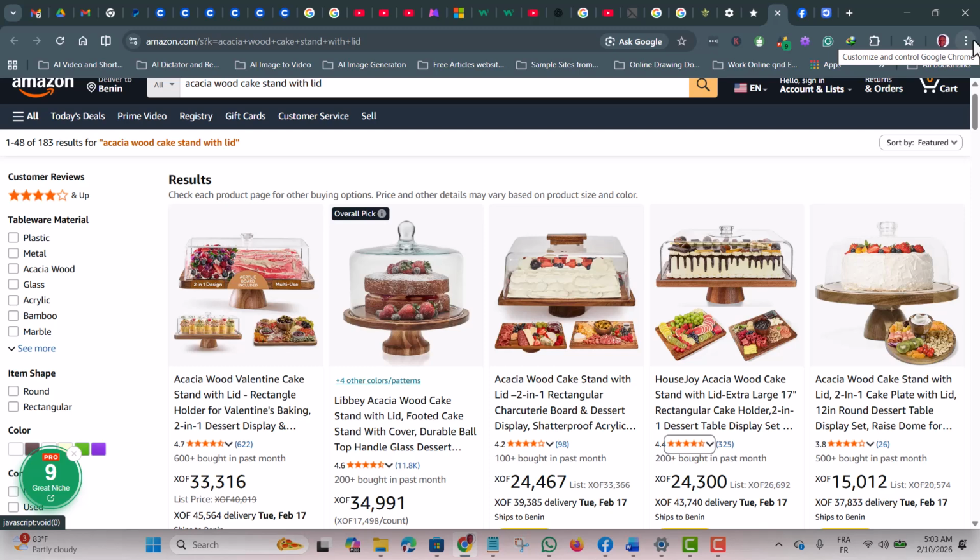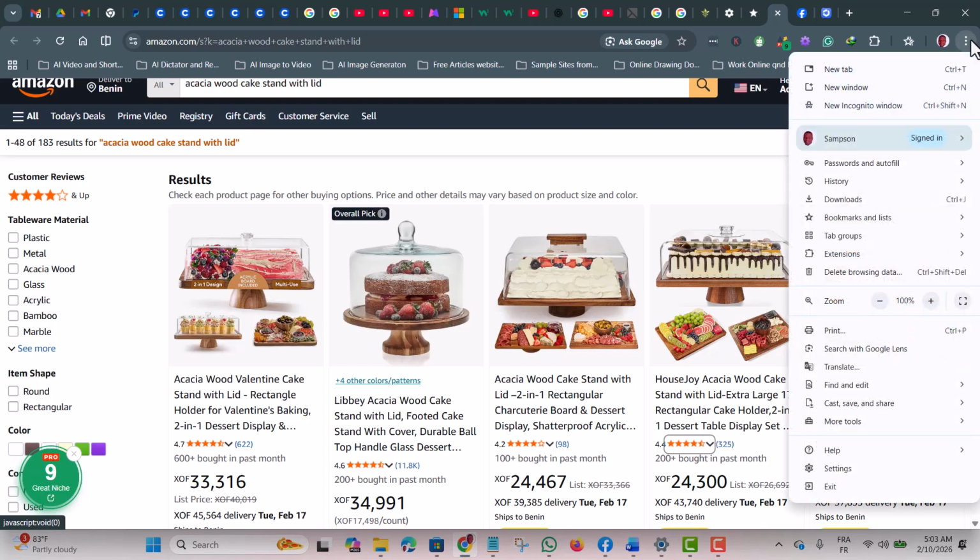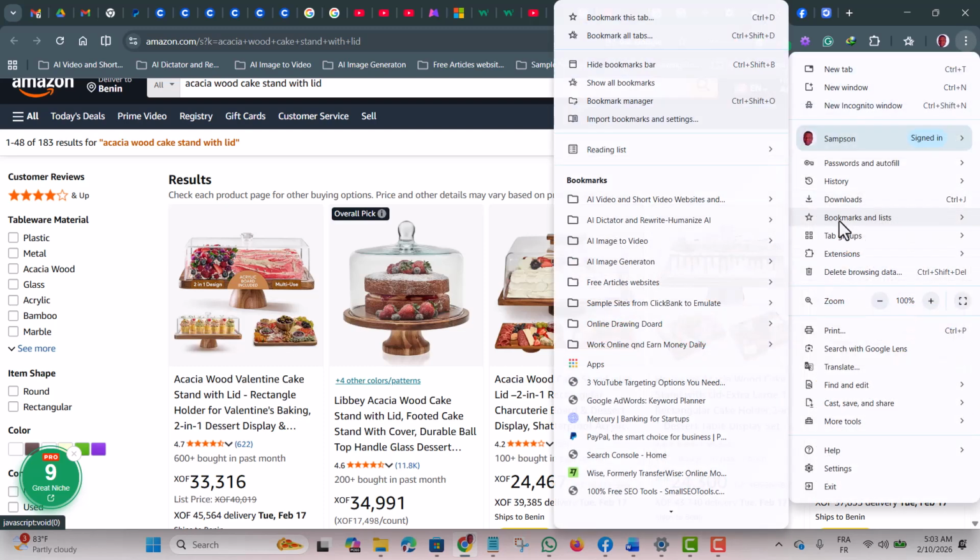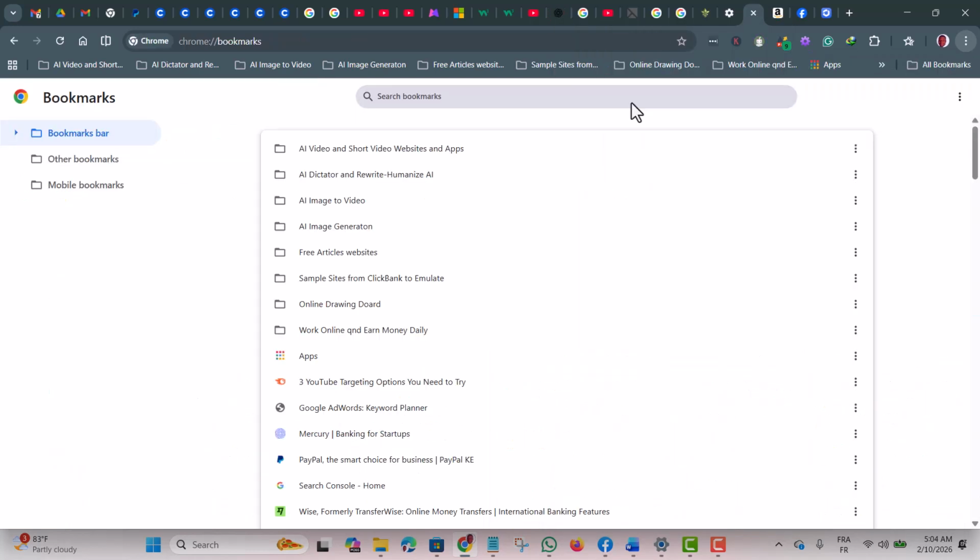I'm using Google Chrome. In Microsoft Edge, it can be somewhere else, but it's the same means of exporting them. So I'm going to show you through Google Chrome right now. You click on the three dots, you click on Bookmark List, come up here, Bookmark Manager. This is Bookmark Manager. So you click on the three dots above right,